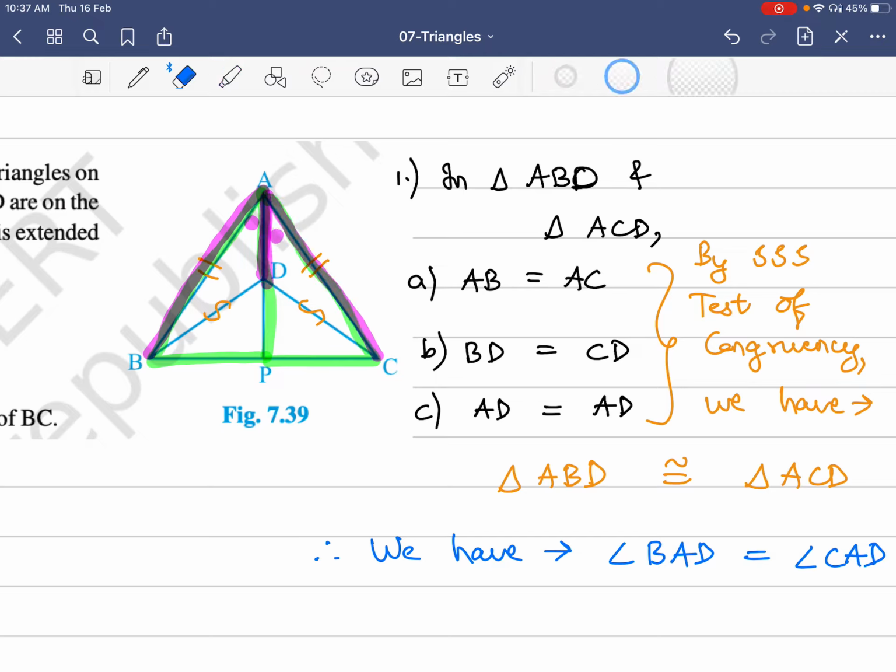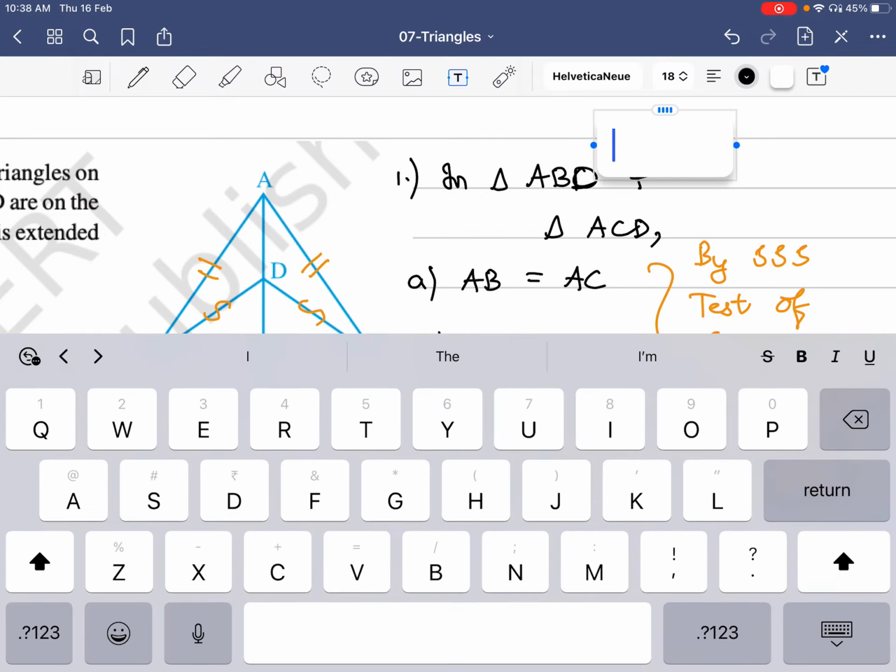So it's become quite messy. Let's get rid of everything. Now let's focus on this angle BAD. BAD is equal to angle CAD. These two angles are equal to each other. Why? Because we showed that these two triangles are congruent to each other. This piece of information is important to prove our next set of results. So I'm just going to erase this, and in order to use the same figure, I'm just going to put a